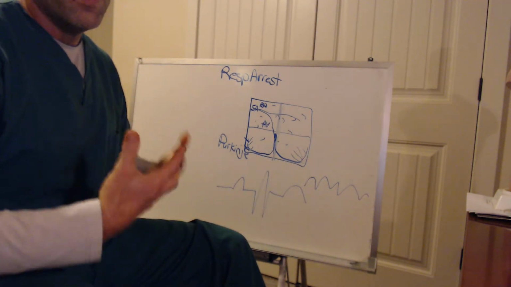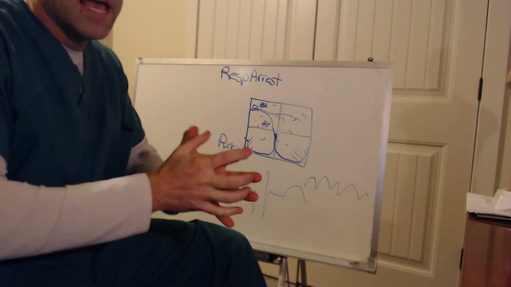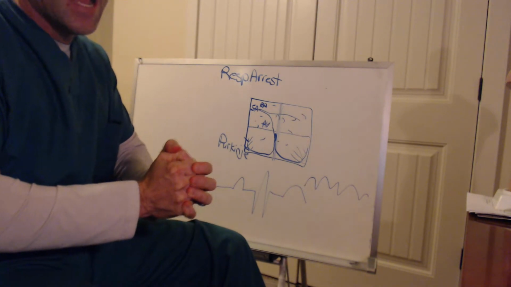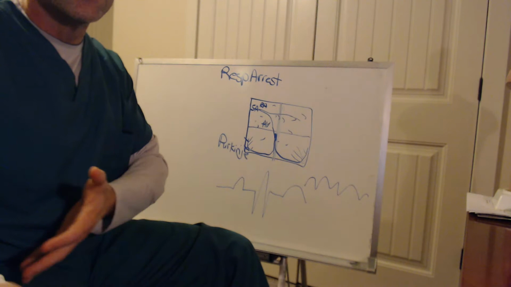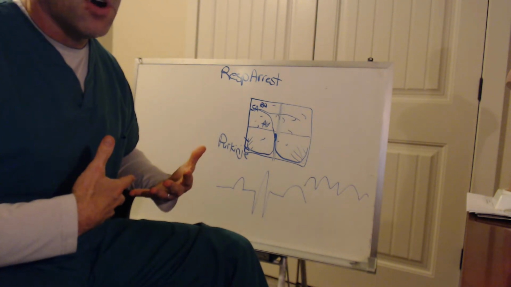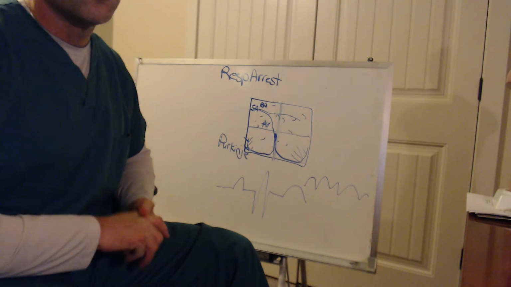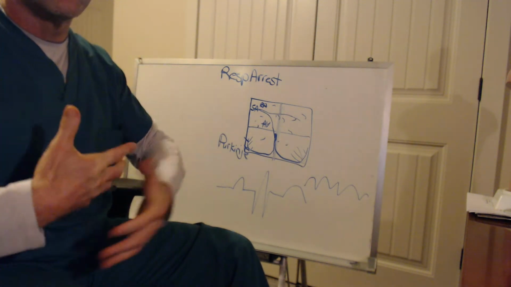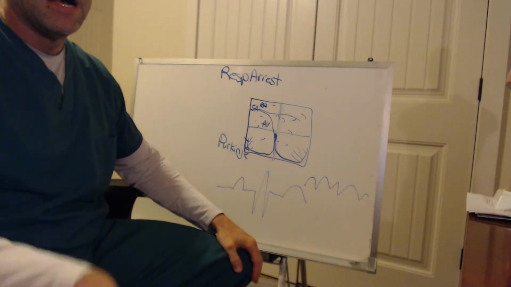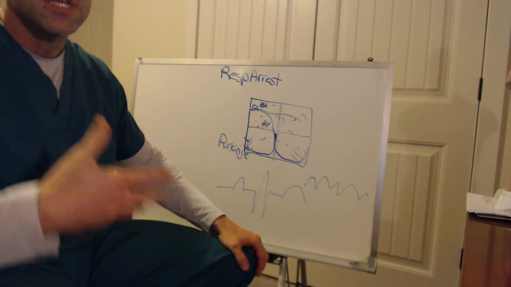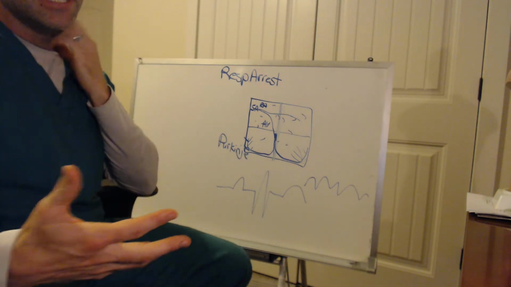And so that lack of organization leads to the heart no longer being able to fill fully and then contract and eject that blood to all parts of the body. And so the brain gets deprived of oxygen. As we already said, the heart gets deprived of oxygen, but all the other vital organs get deprived of oxygen as well. And so if you have cardiac arrest long enough, you go into multi-organ shutdown. But in the example that you talked about, again, it was respiratory arrest that ultimately led to cardiac arrest. Now, in the case of electrocution,